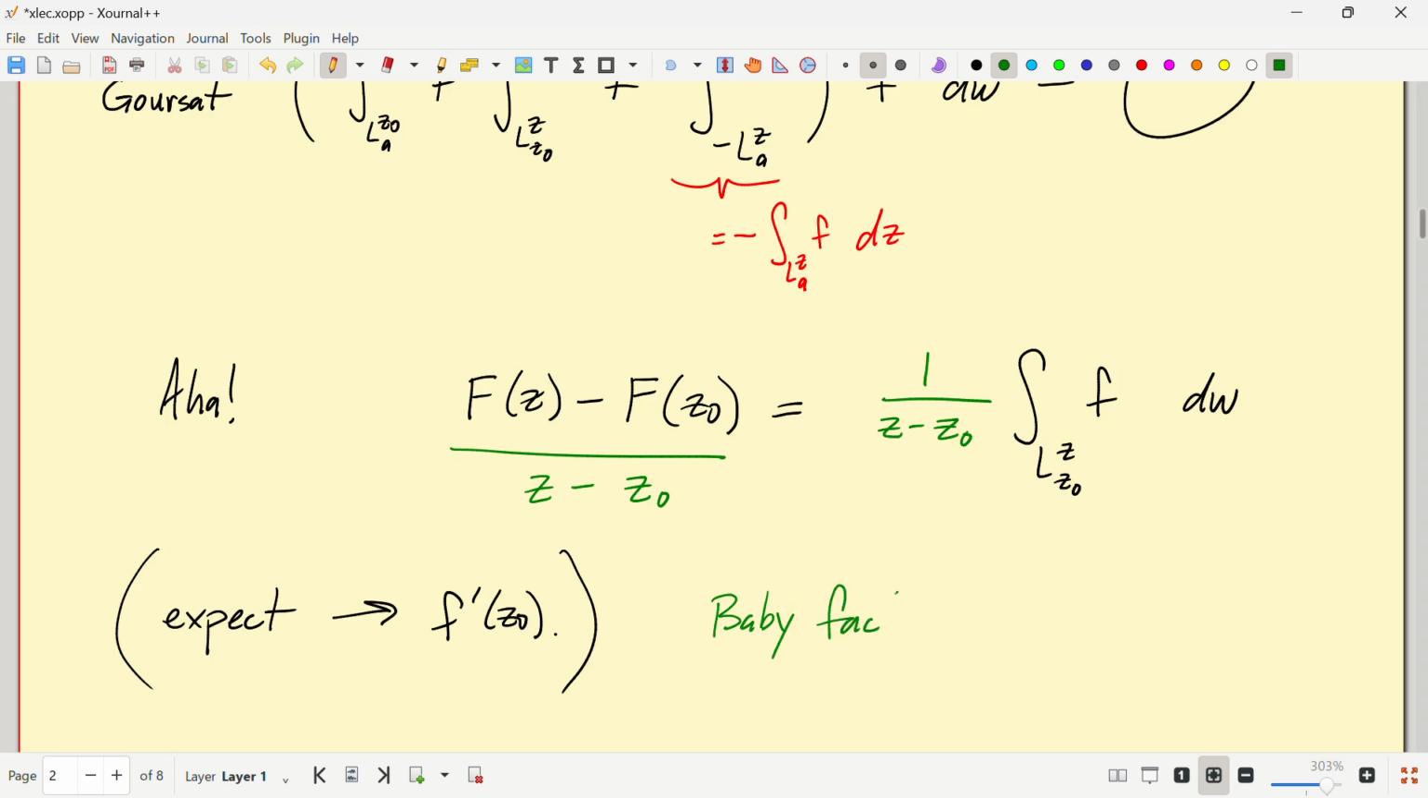I'm a little confused. Which part of this is going to be approaching f prime of z naught? That difference quotient. Oops, not f prime, f of z naught. We're expecting f prime to be f. So